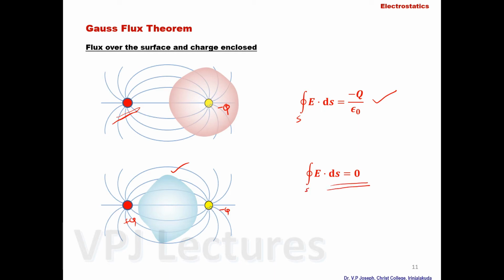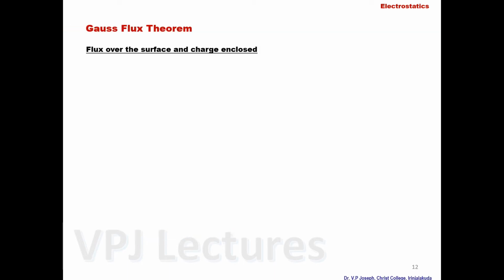So the closed surface integral of E dot ds is equal to 0 in this case. Now similarly, we can consider any number of cases. In all cases, find out the total charge present inside. That may be in the form of discrete charges, or continuous charges, or a combination of discrete charges and continuous distribution. We simply consider the total charge present inside and substitute for the volume integral of rho d tau.